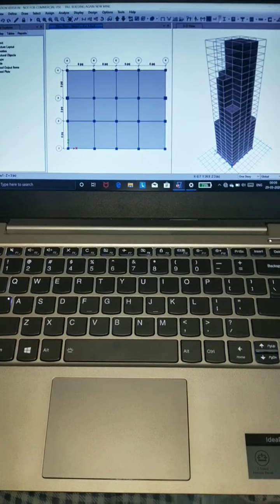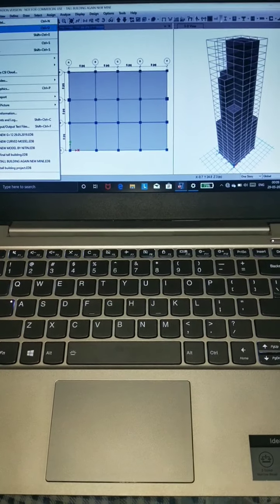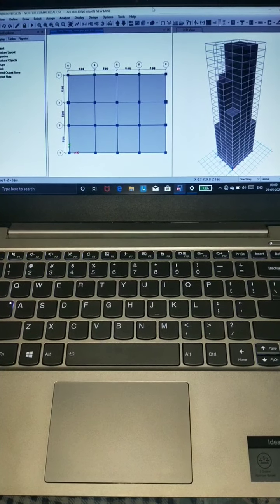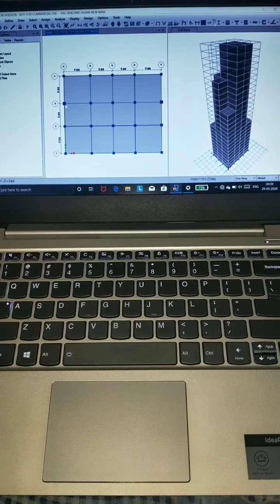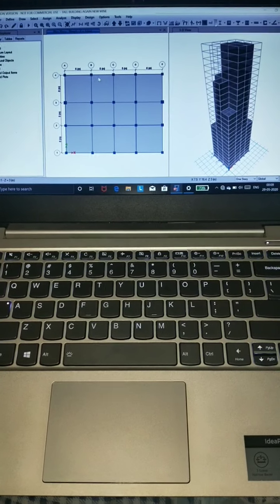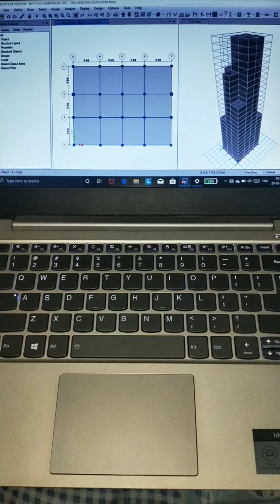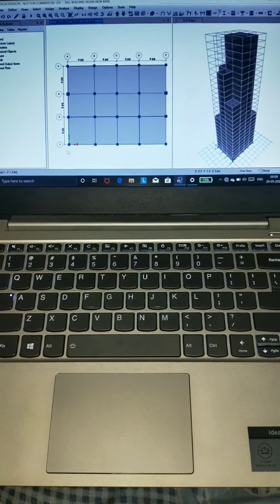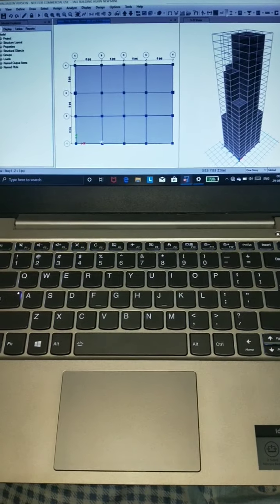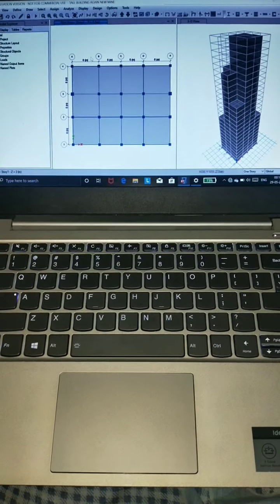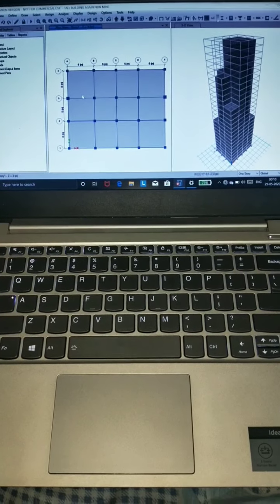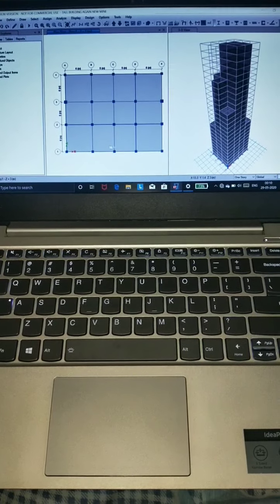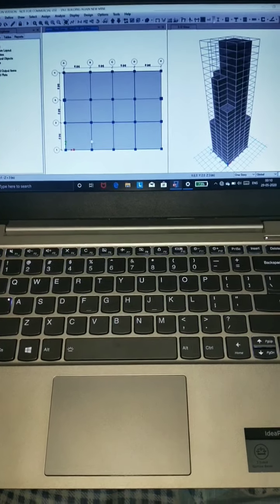First we will have to take the new model, and then from the new model we have to go for grid lines, and then we have to take the grid lines over there. In the x direction we have 1 2 3 4 5, five grid lines. In the y direction 1 2 3 4, four grid lines. Okay. So in the x direction we have different spacings, as you can see.